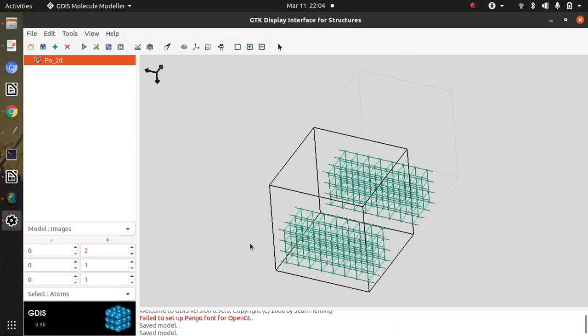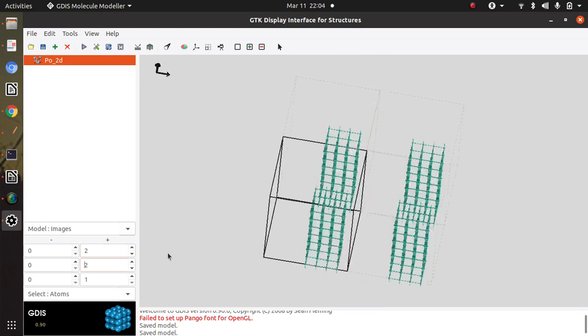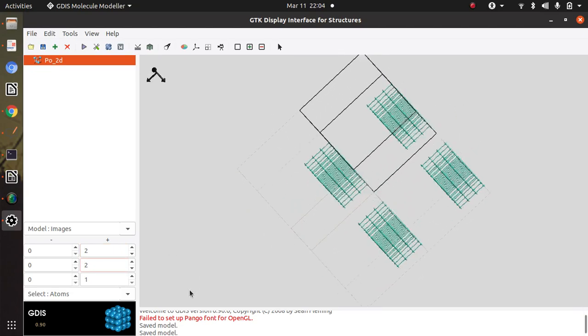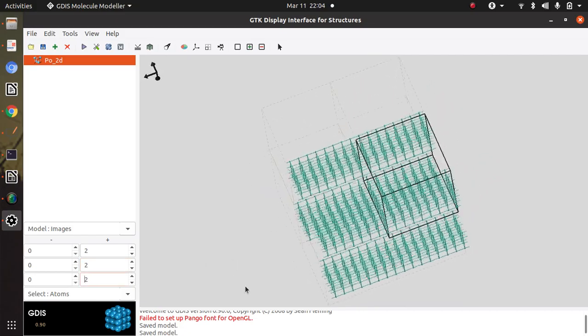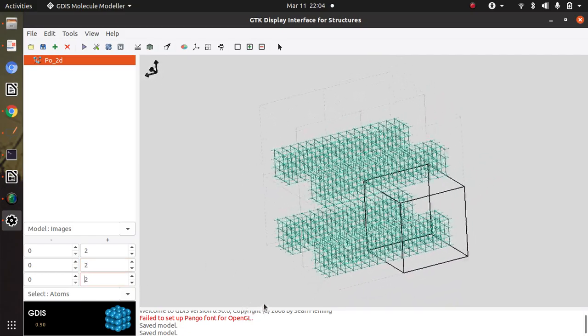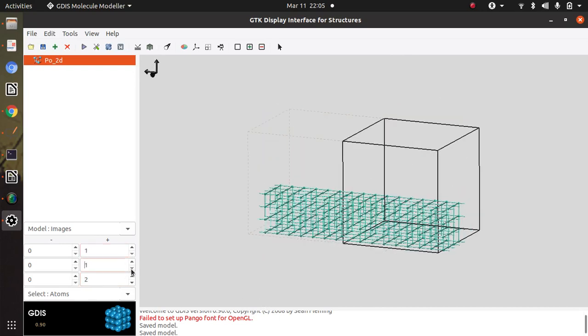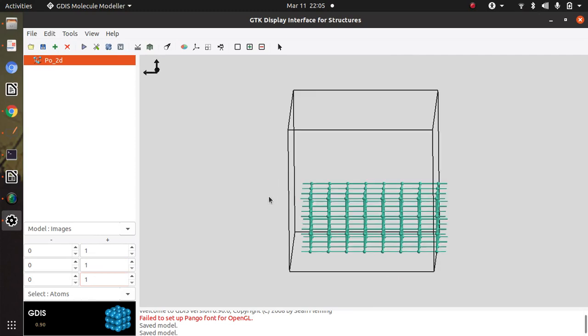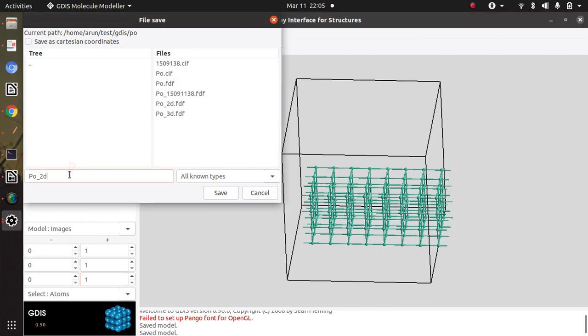It is clear from this. If I repeat it, it will behave as a one-dimensional system. So I can save it as 1D.fdf.